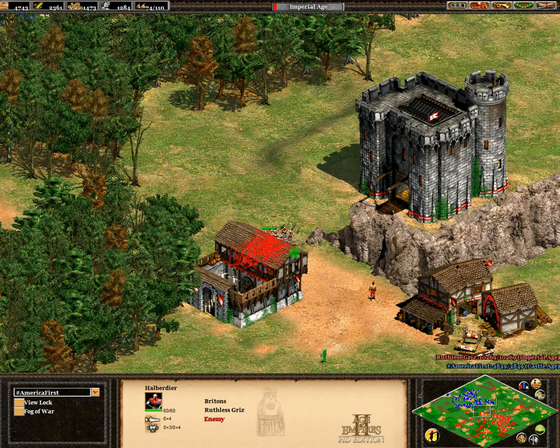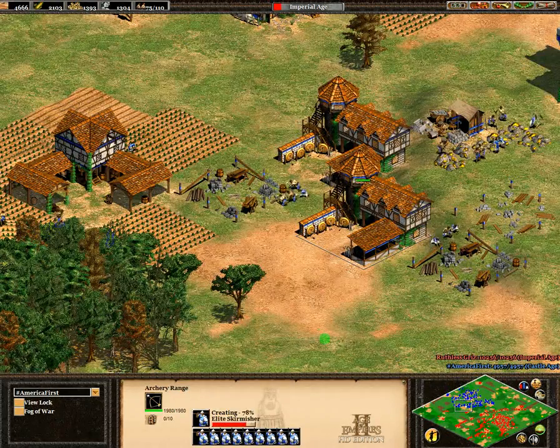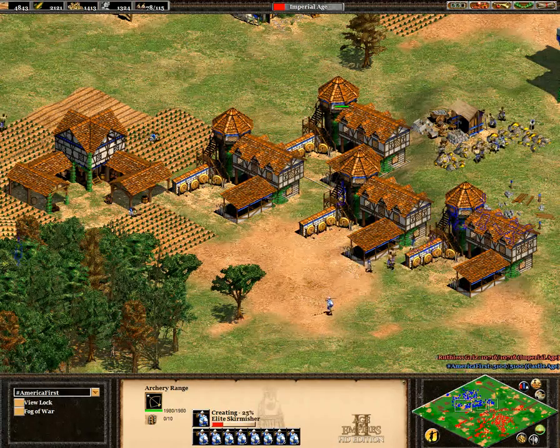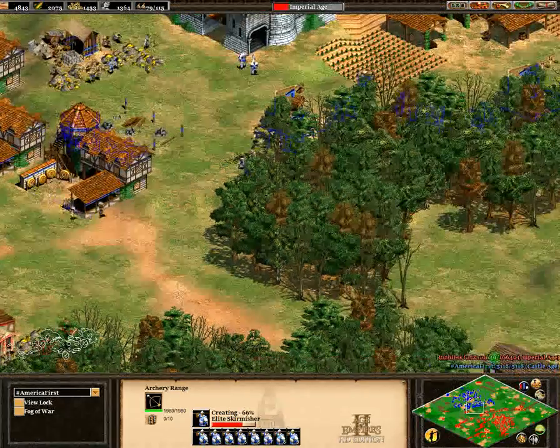And his opponent only has like 2 or 3 longbows, so going full skirms and overreacting like that, yeah, he's all queued up with elite skirms. It's kind of a mistake from him. He should throw down some barracks right now and start creating Huskarls if you wanted to deal with